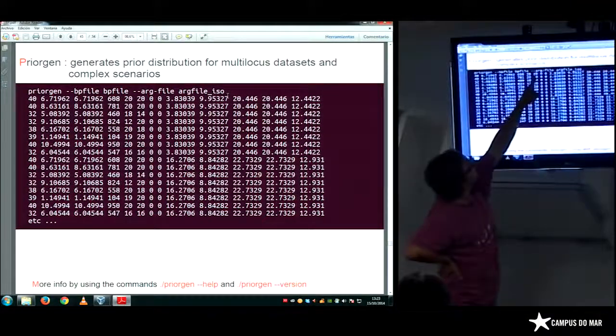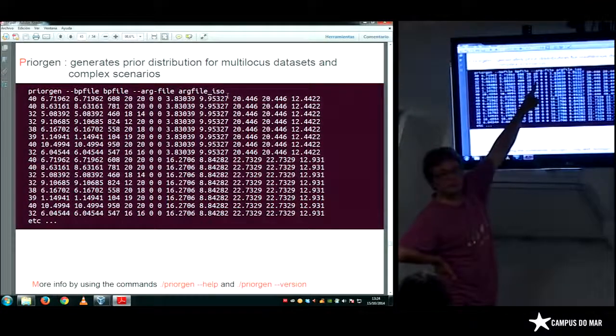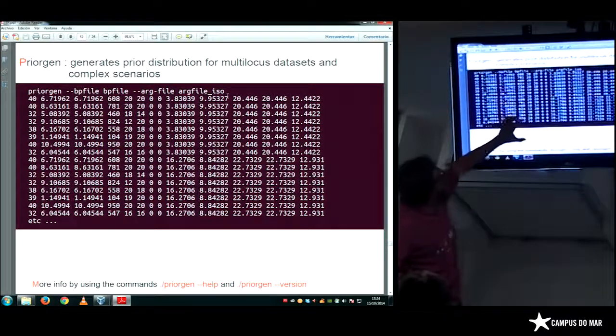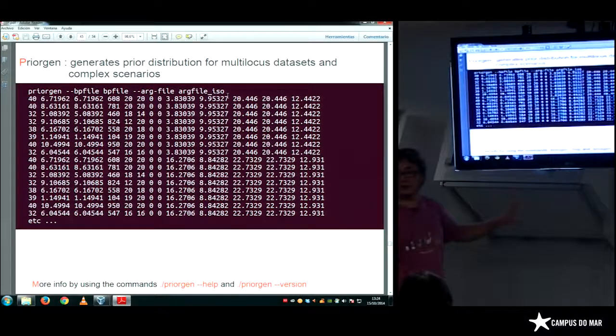So 20, 20 for locus 1, 20, 20 for locus 2, 18, 14 for locus 3. And each time this is repeated 8 times, times the number of simulations you want. If you do 1 million simulations, you will have 8 million lines. Okay?